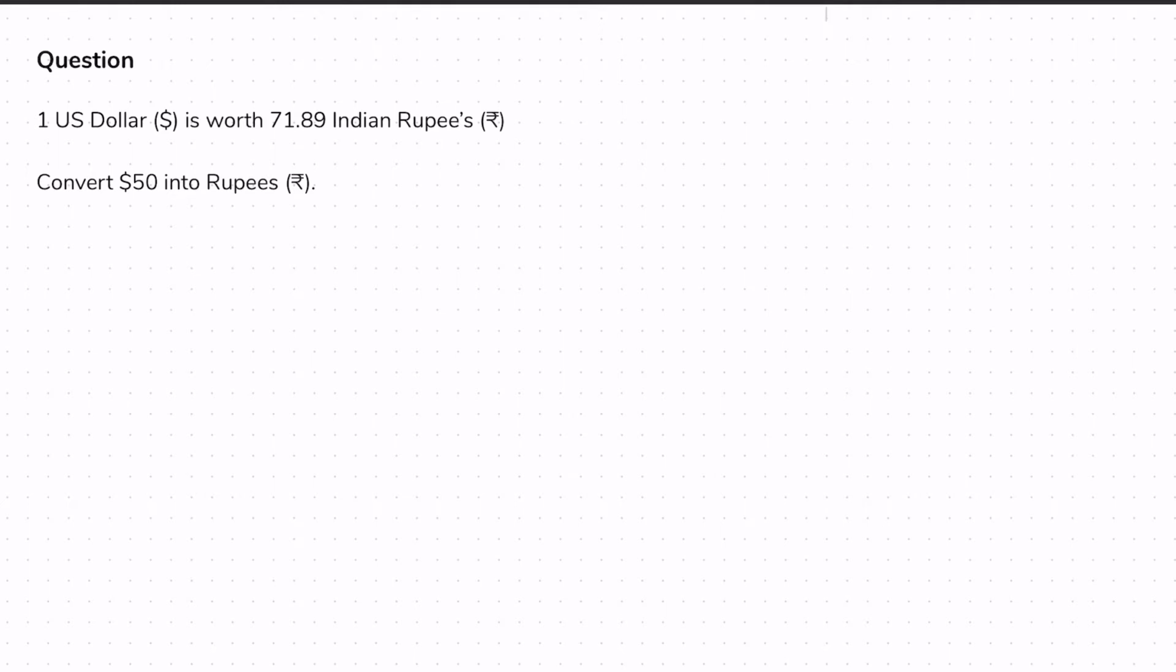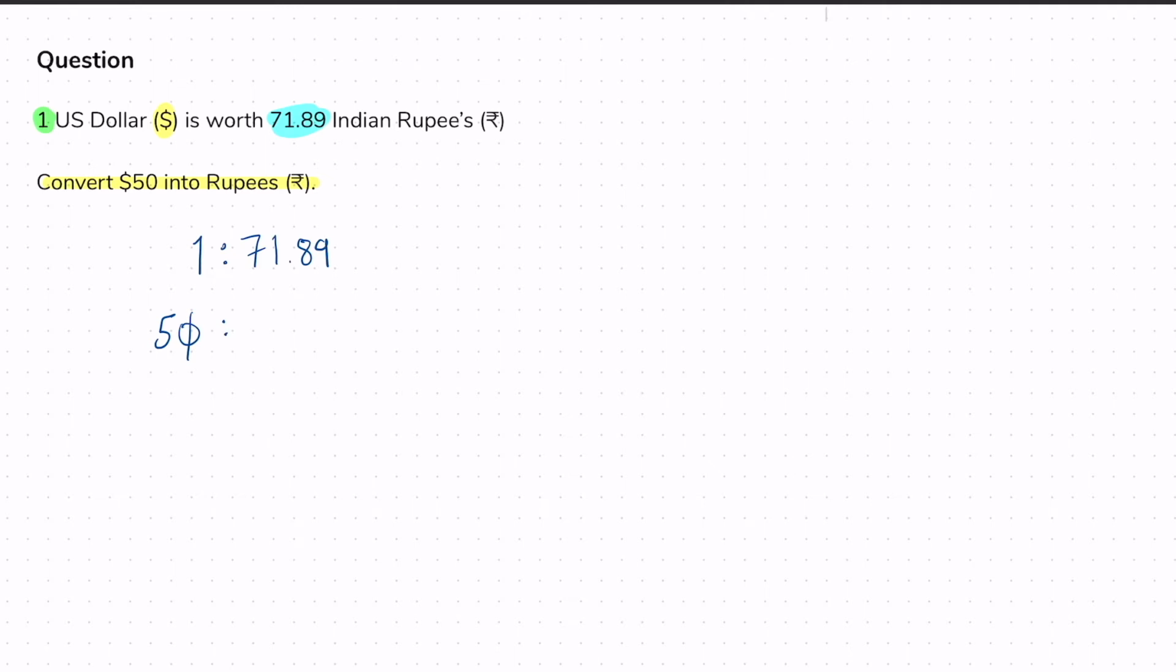So this first question is asking us to convert $50 into rupees. And up here we can see that it's a US dollar. So what we're going to do with this question is think about it in terms of ratios. So for every $1 US, which is what we've got here, I get 71.89 Indian rupee. So if I'm looking at how many rupee is 50 US dollars, well, I'm going to have to